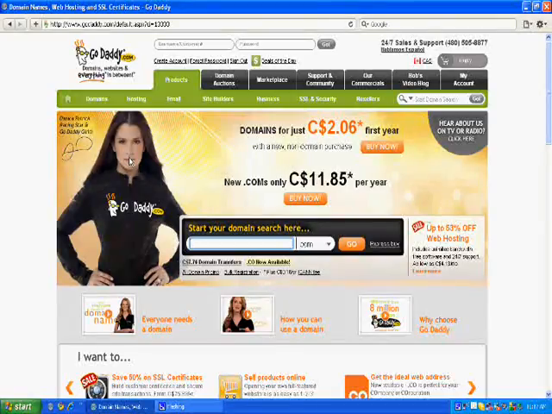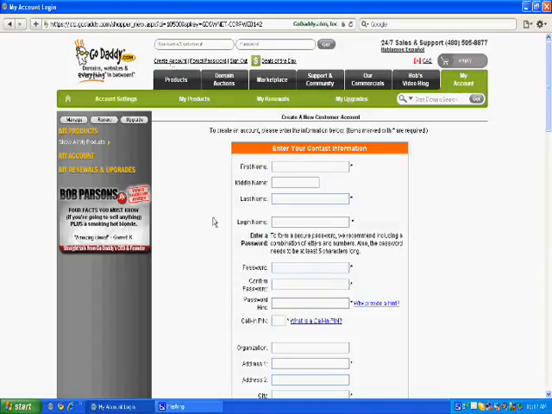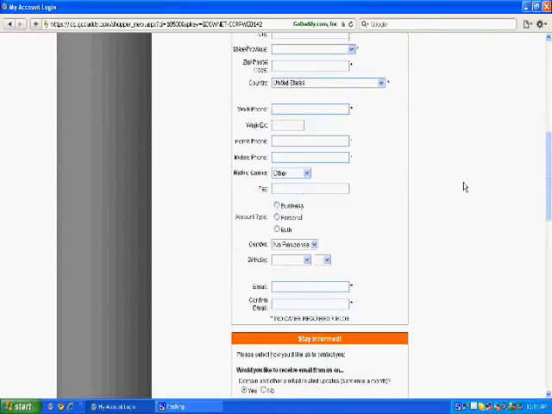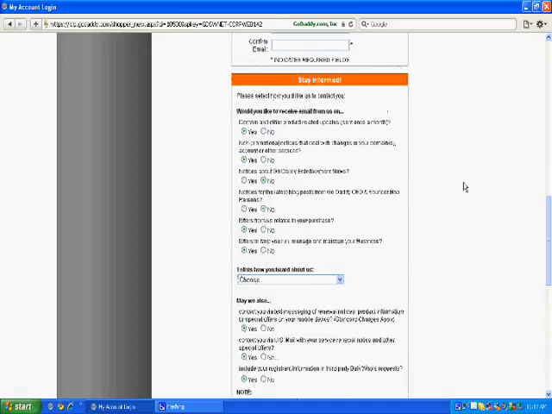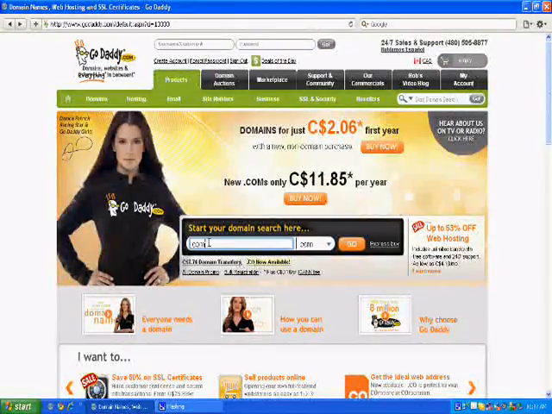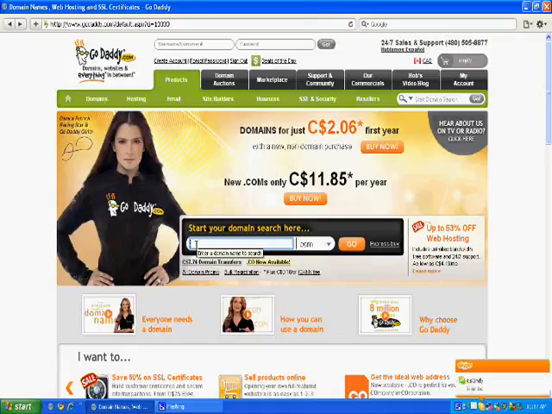Typically when you come to GoDaddy.com, the first thing you're going to want to do is create an account for your business or for you. But I'm not going to go through all the steps of this because I'm sure most of you have filled out online forms before, and it's a standard typical form. So we're going to skip past that, but what we are going to do is take a look at this search box right in the center of the page. This is where you're going to enter the domain name that you're looking to purchase. So we'll try my local